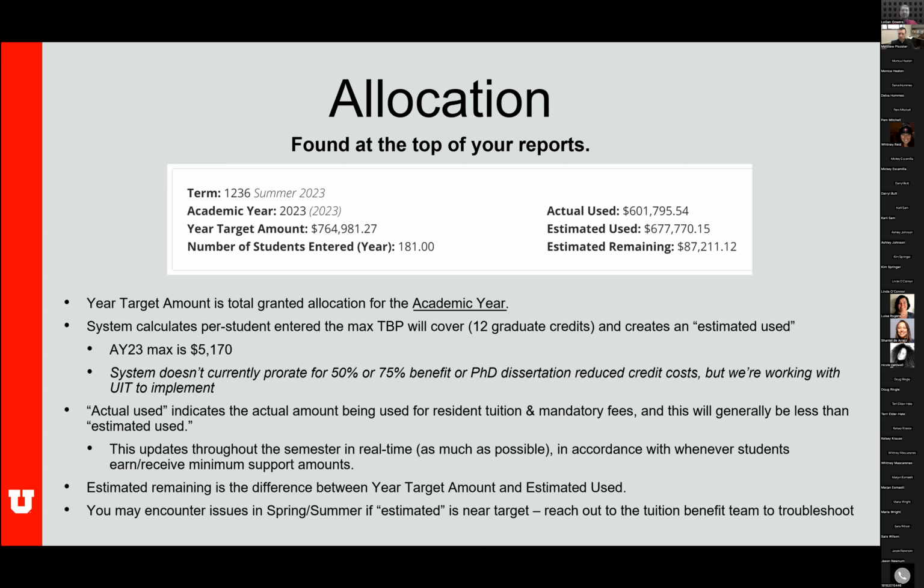Now, additionally, there is the system that calculates the estimated use. When we're looking at estimated use, the system shoots for the moon every time. You'll be looking at it and thinking, this student's only 50% tuition benefit. The estimated use, unfortunately, does not prorate for that at this time. It is going to assume every student that you enter is going to be 100% tuition benefit, full 12 credit coverage. It's going for the maximum amount it must go for to try to make sure that we stay